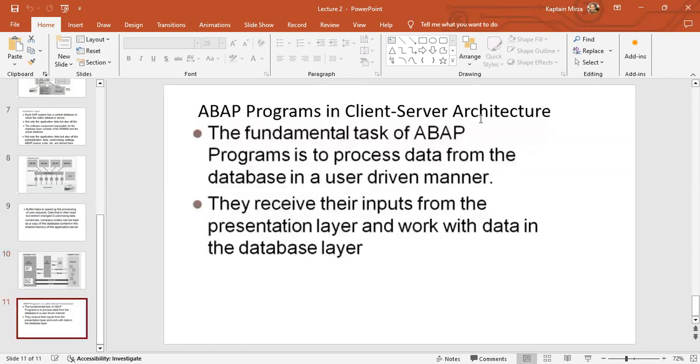So ABAP programs in the client server architecture: the fundamental task of ABAP programs is to process data from the database in a user-driven manner. The user generates a request. They receive inputs from the presentation layer and work with data in the database layer. So ABAP is fundamentally very central to processing the logic. Okay. So now,